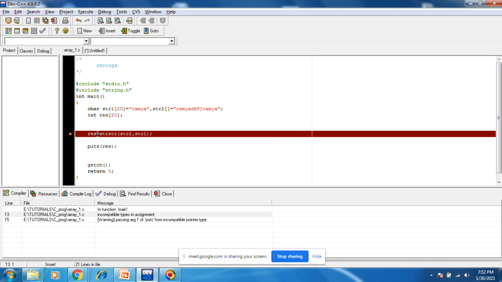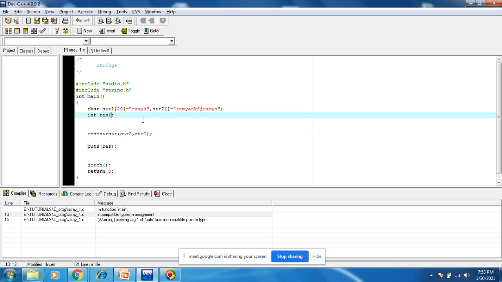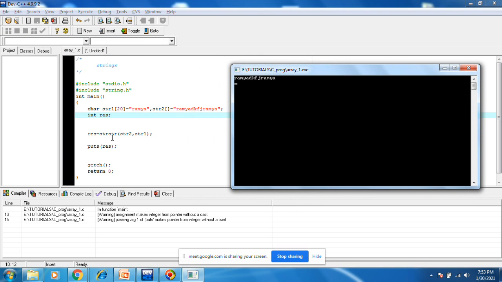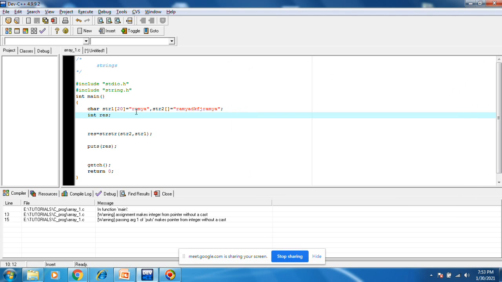Result equals to strstr. Now you see the result is something like this. Now if str1, the string Ramya, contains this str2.